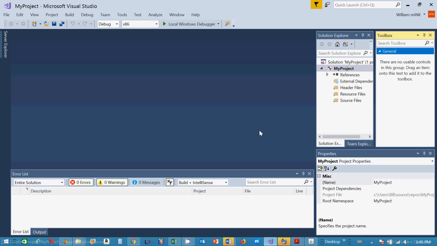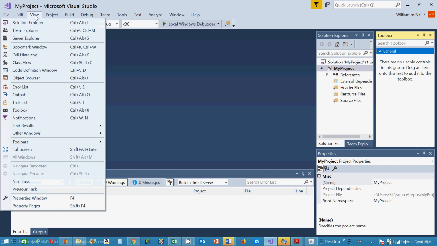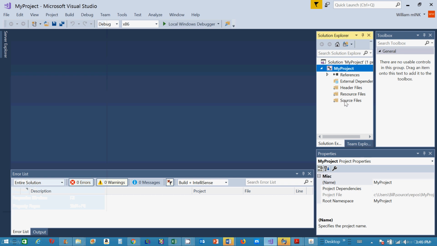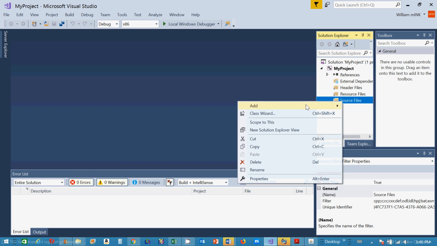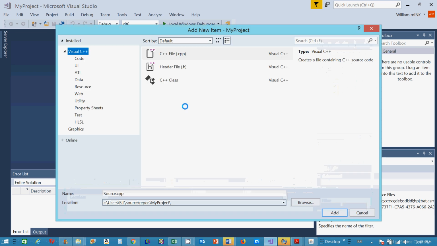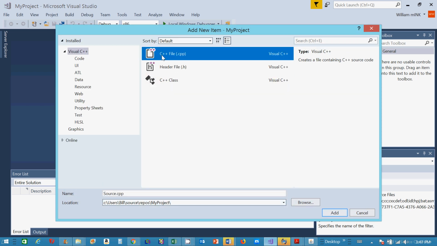Then you want to make sure you have your Solution Explorer displayed, and if not, you go over to View and you'll pick Solution Explorer or Control-Alt-L if it's not displayed, but mine is by default. You're going to come down here to Source Codes and you're going to right-click, Add, New Item, and we're going to add a C++ file, which is a C++ source code file, and it will have the .cpp